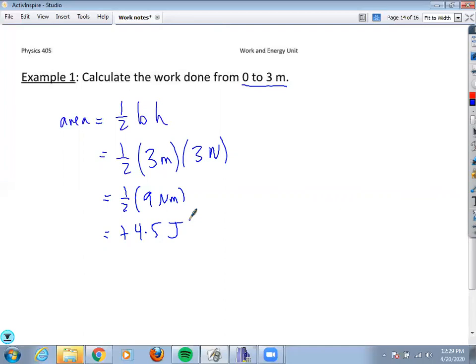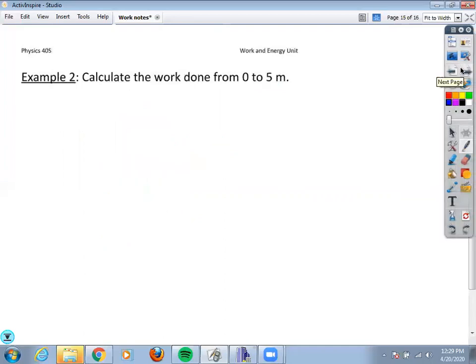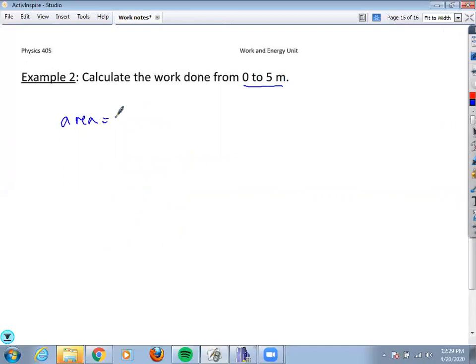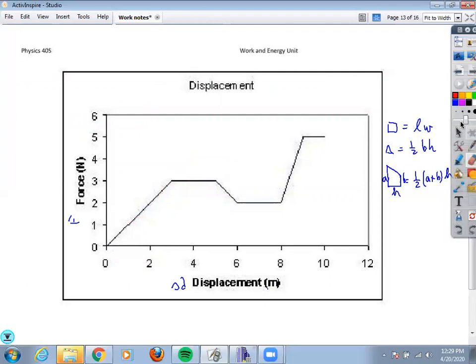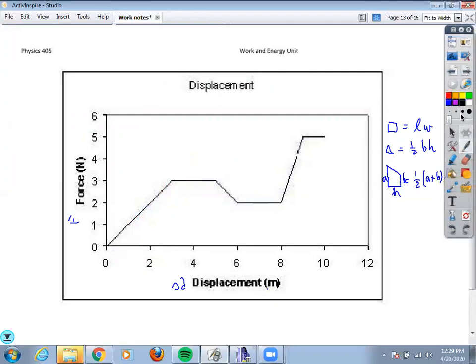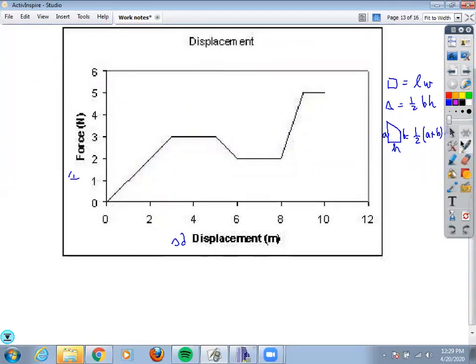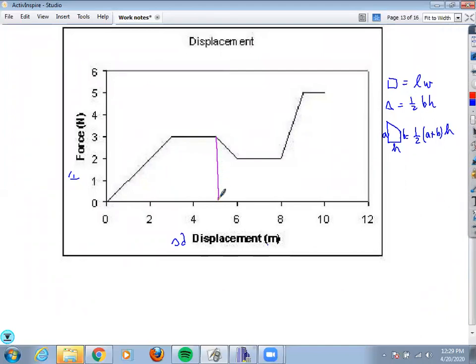Okay, the next example is from 0 to 5 meters. So again, we need to find the area, and I'll just erase what we did here. Okay, and we'll do a new color, 0 to 5 meters. Okay, so 5 is here, so it looks like that is our shape there. We'll outline the shape, and you'll notice that we have a